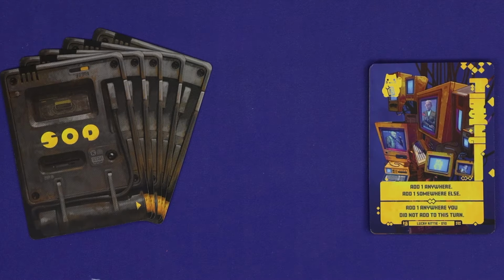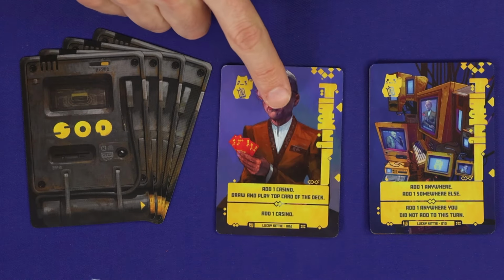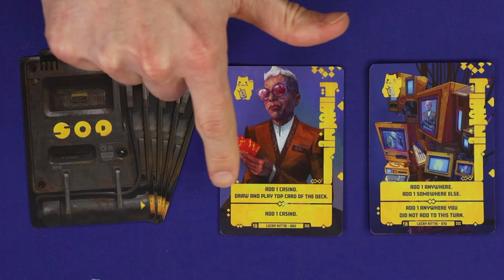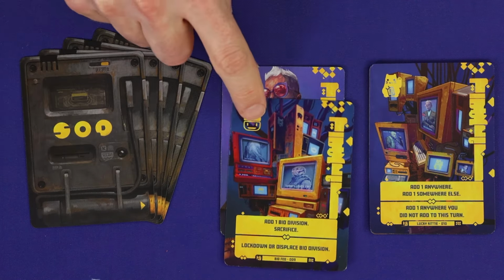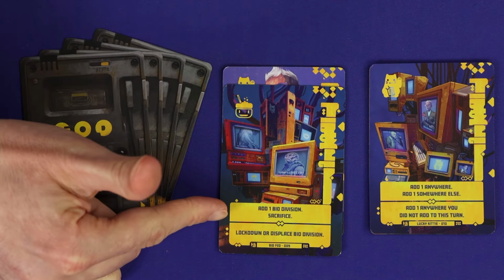Some cards let you play another card, and there's a very specific order for doing this. If I played this card here, then I'd resolve above the line before it enters my agent stack as usual. So I'd add one casino, and then I would draw and immediately play the top card of the deck. That played card goes on top of the one I'm currently resolving, and I'd resolve above the line for that